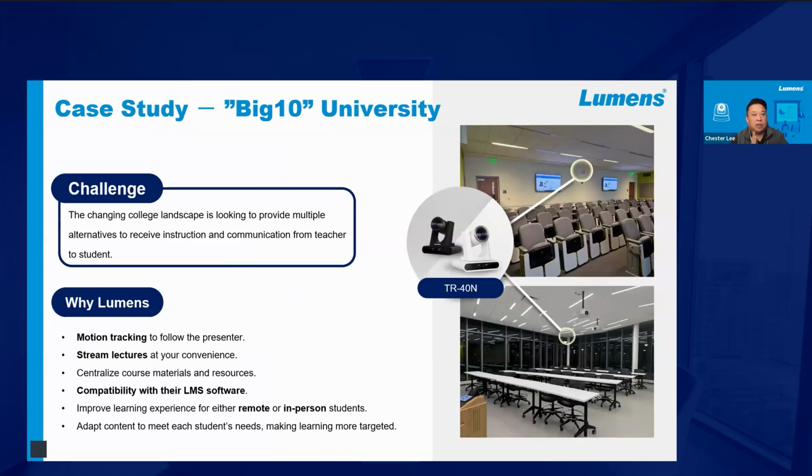I do want to highlight a use case here. Very excited for this project that we have at a Big Ten university. For those who are not familiar with the Big Ten, I'm a college football guy, so there are conferences called the Big Ten out there. We're currently working with this individual university out in the Northeast, and we've had the opportunity to set